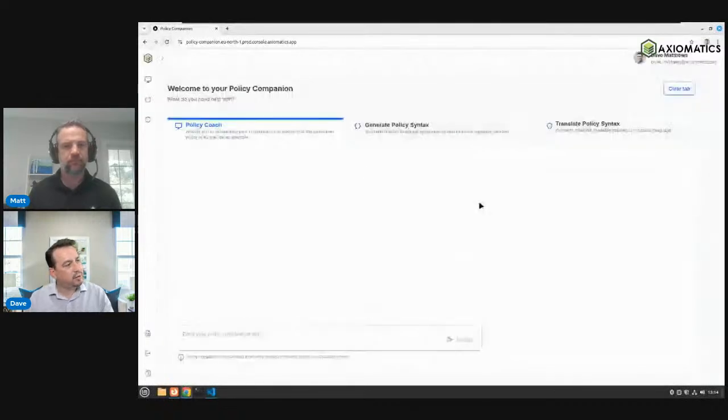Just refresh to make sure everything's all awake. So I'm logged into Policy Companion here. Policy Companion itself is basically a SaaS service that's running. There's no information being sent back to Axiomatics. It's not being shared or accessible externally. We've got some documentation around how we protect that data, that it is isolated to the instance that